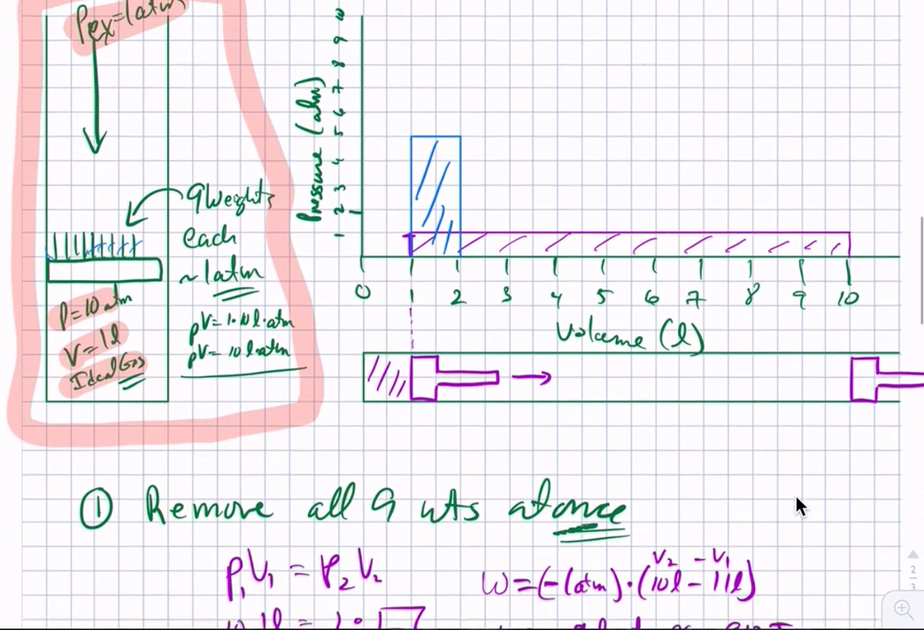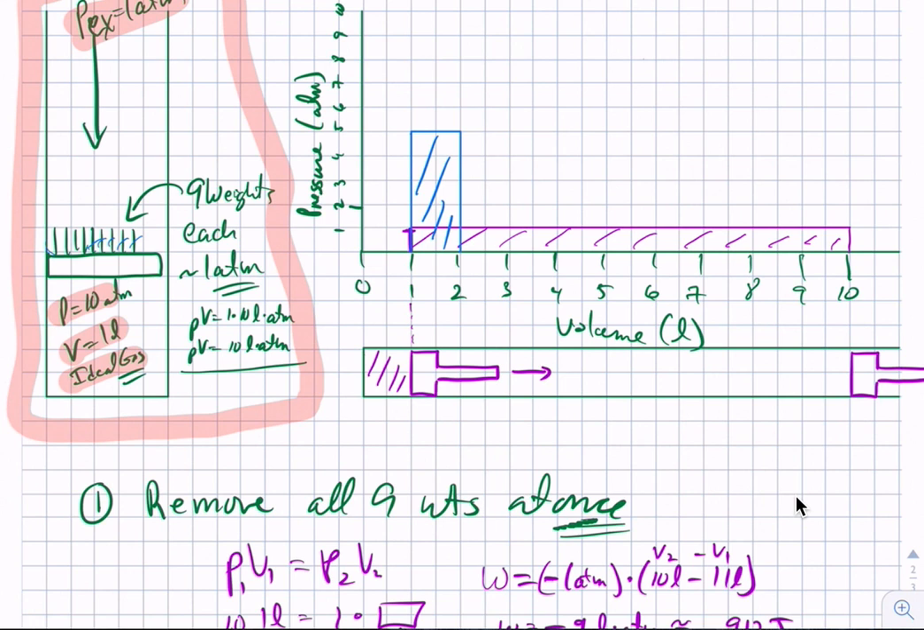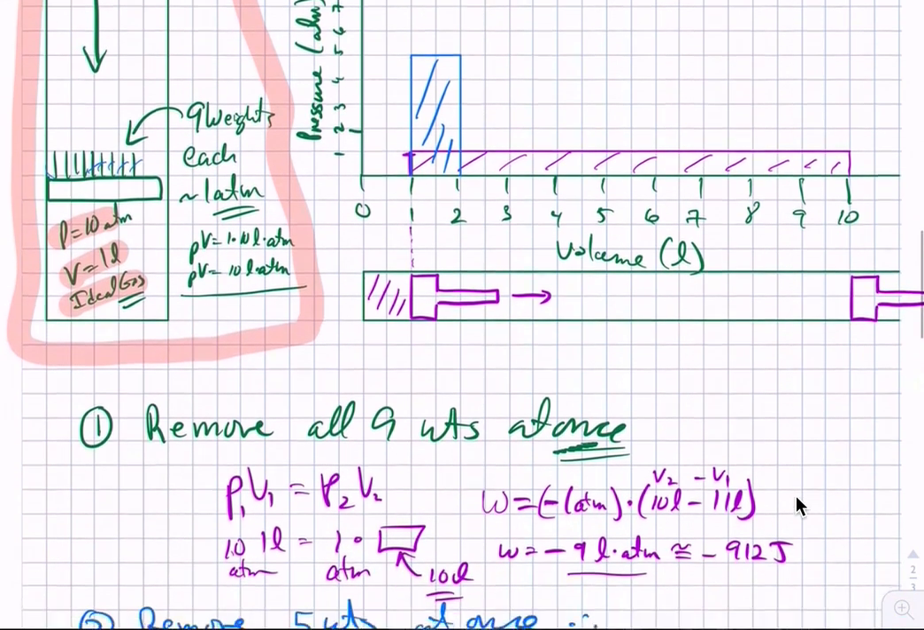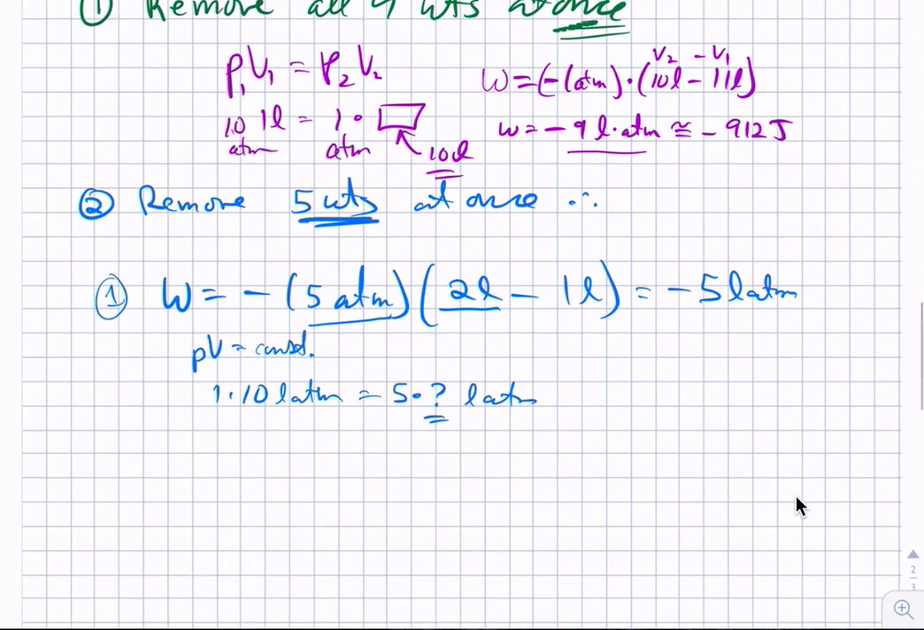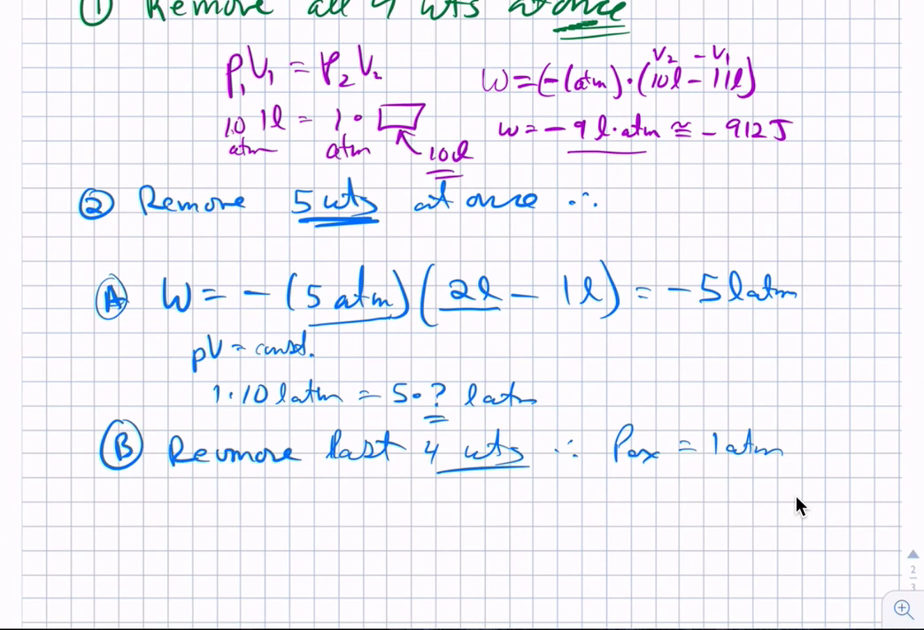So our initial work that we're going to get out of the system pushing against 5 atmospheres is going to be more for that first step. And then after that, the second part, let's call this A, let's say the second part B, we're going to remove the last four weights. Therefore, P external is going to be 1 atmosphere, and we're going to go from V initial, or